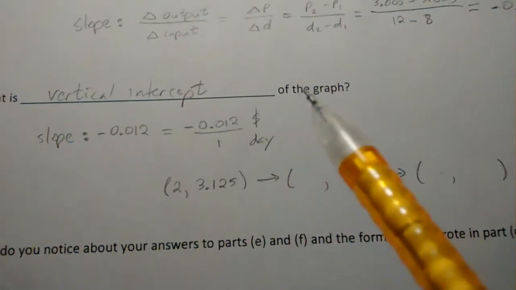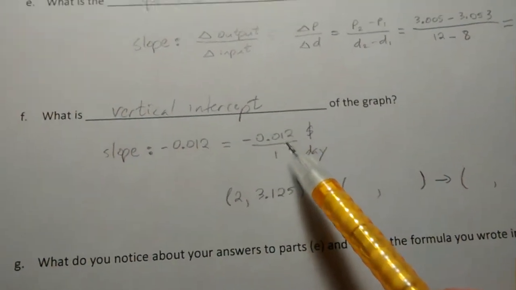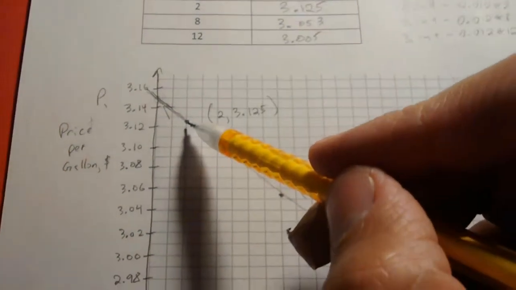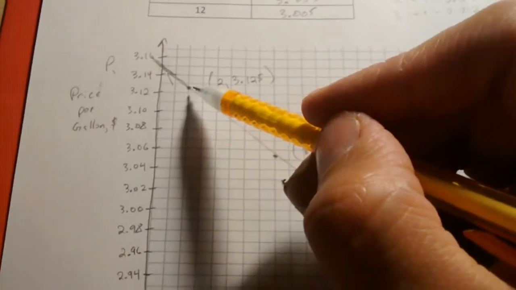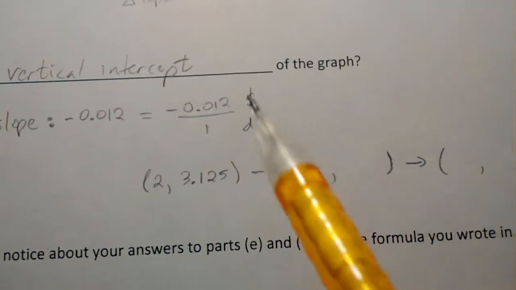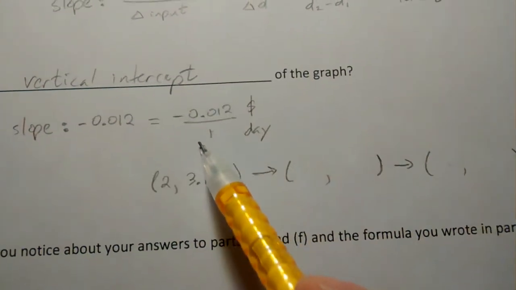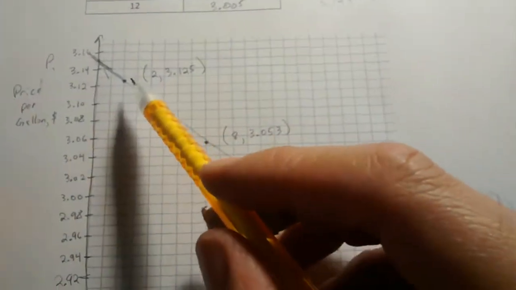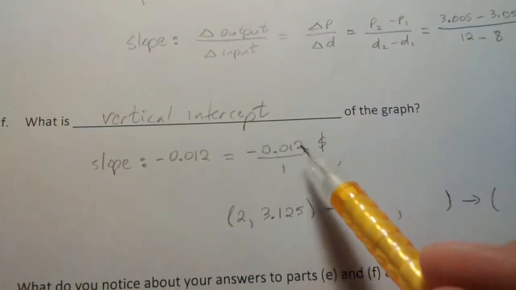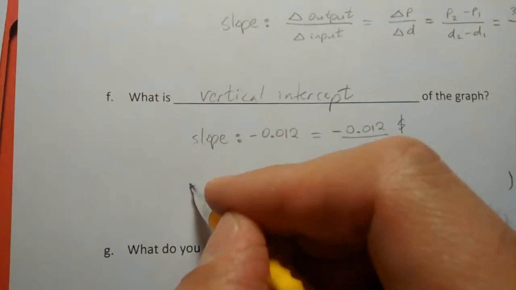So that's our slope, and the idea here is to use our slope and a point close to find out how we could start here and work our way backwards. Well, this is an increase in day, so if I start here at an increase of day, that would be going that way. I want to go that way. And so the idea here is not to use this version of the slope, but use this,